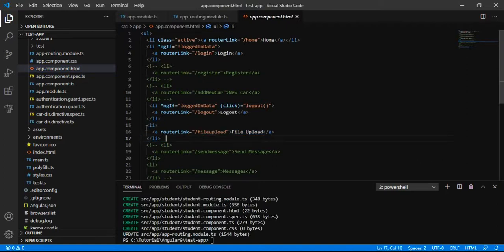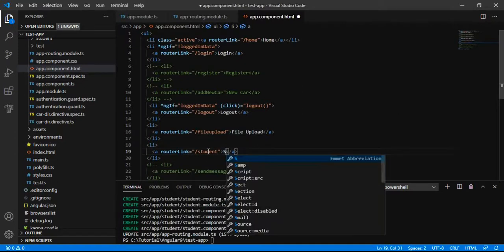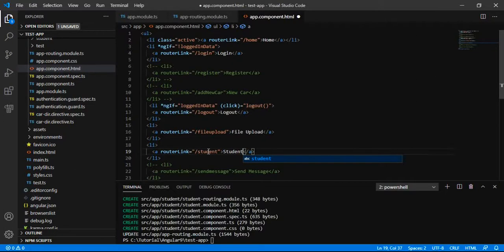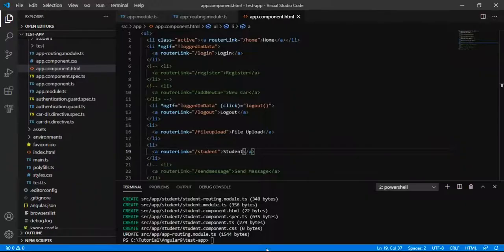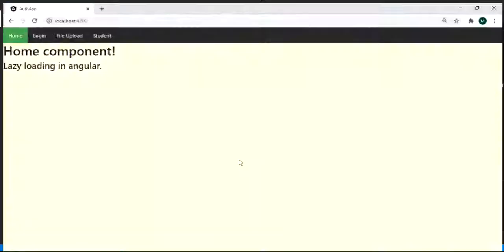Let us create one more path for student. Now we can see the student tab over here, and this component is loading successfully.